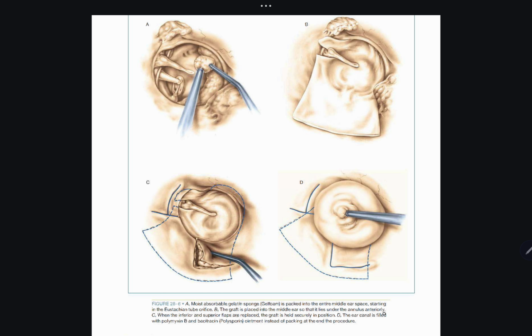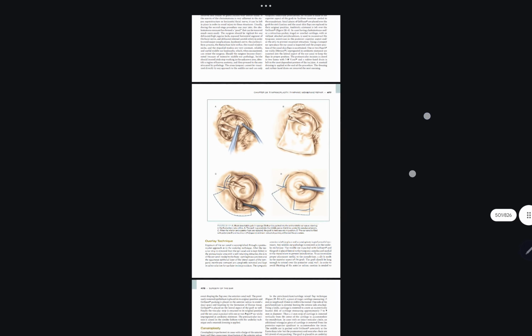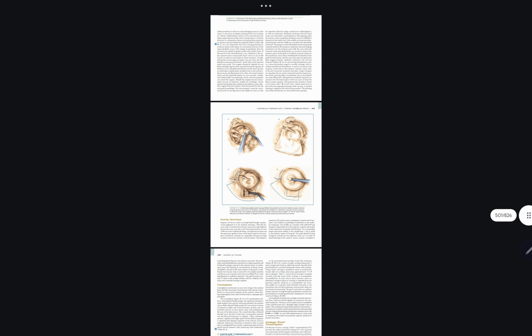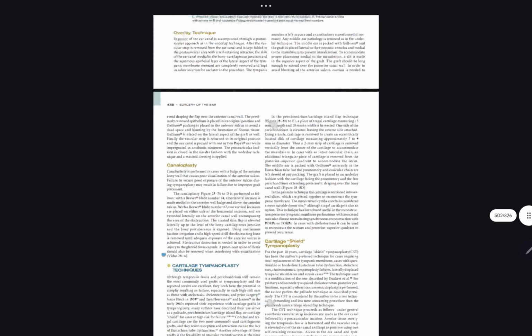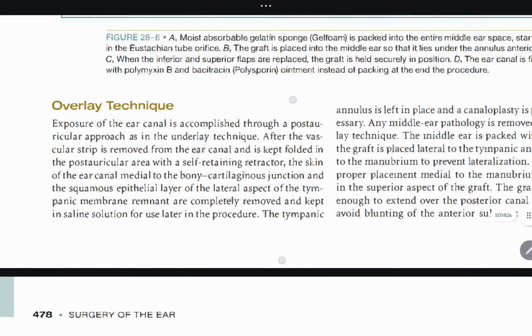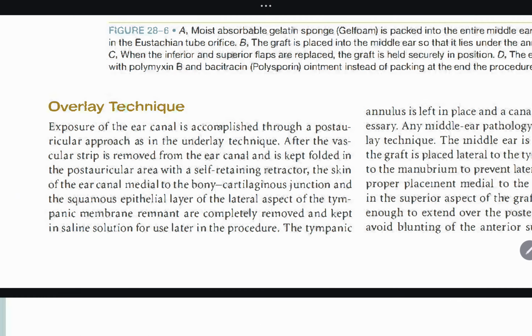D. The ear canal is filled with polymyxin B and bacitracin polysporin ointment instead of packing at the end of the procedure. Overlay technique. Exposure of the ear canal is accomplished through a post-auricular approach as in the underlay technique. After the vascular strip is removed from the ear canal and is kept folded in the post-auricular area with a